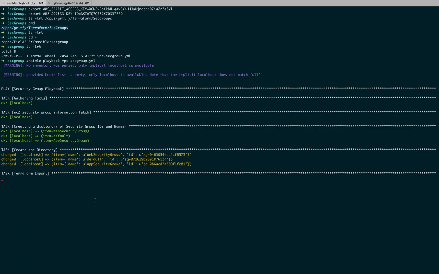It is performing the import for all these security groups. First it has done the web security group, and now it would do default and then the app security group. It would also be validating them. Once the validation is successful, we can go ahead and use these security groups, make further amendments, and check them in the AWS management console.